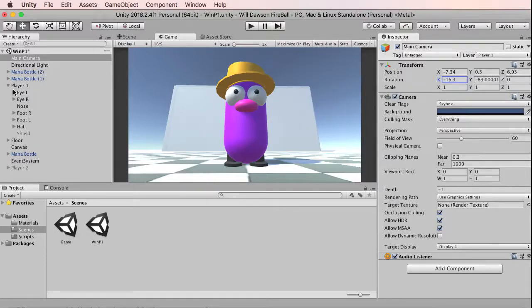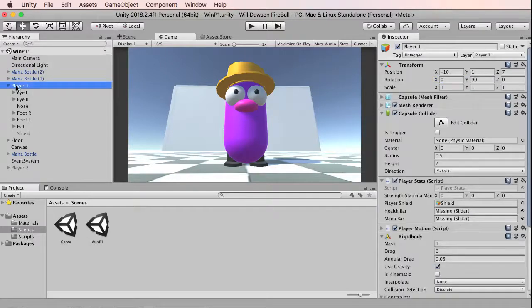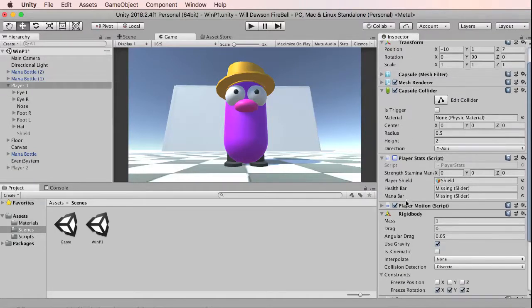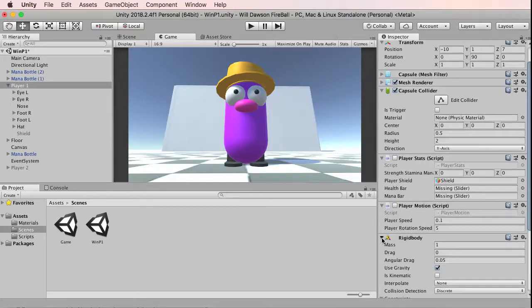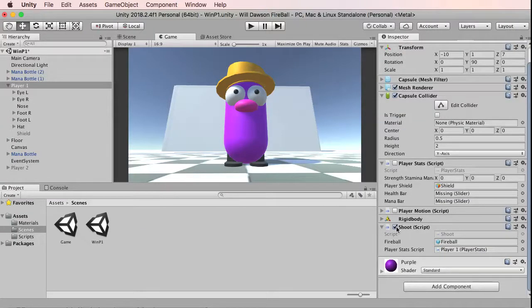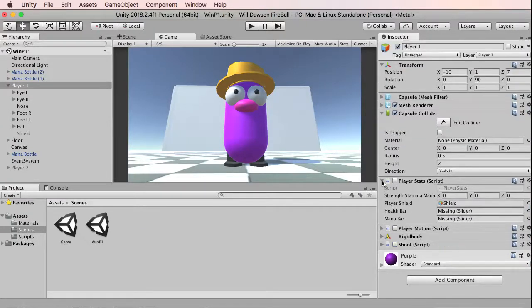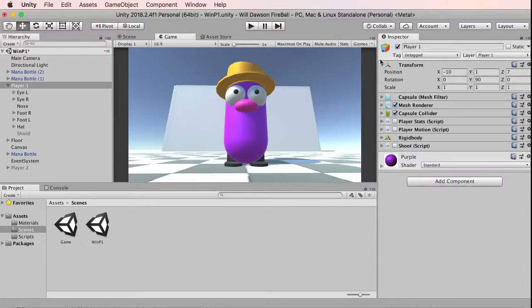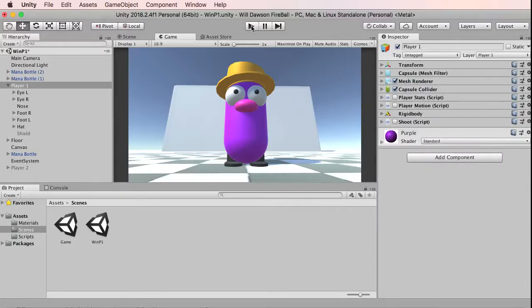Now, the other thing is I don't want my player stats to work anymore, so I'm going to deactivate that. I don't want the player motion to work. I don't want him to have a rigid body. Actually, the rigid body's fine, I can leave that. There shouldn't be a shoot script. We should not be able to do anything except let the player stand there. So now when I hit play,